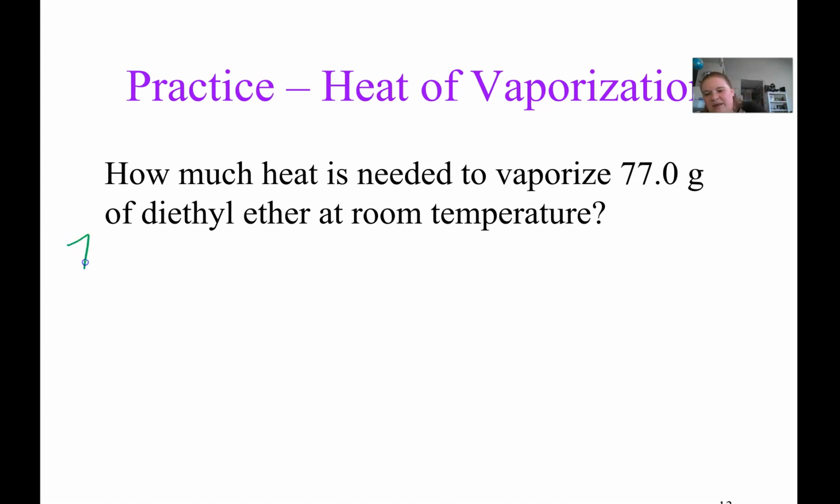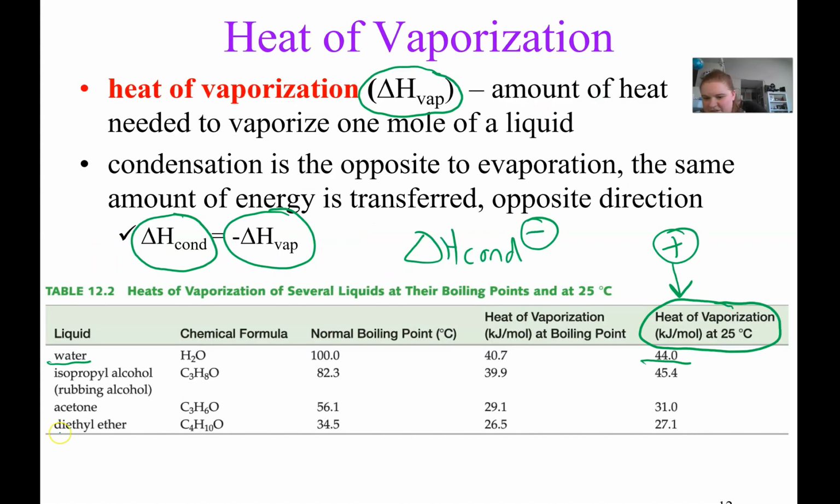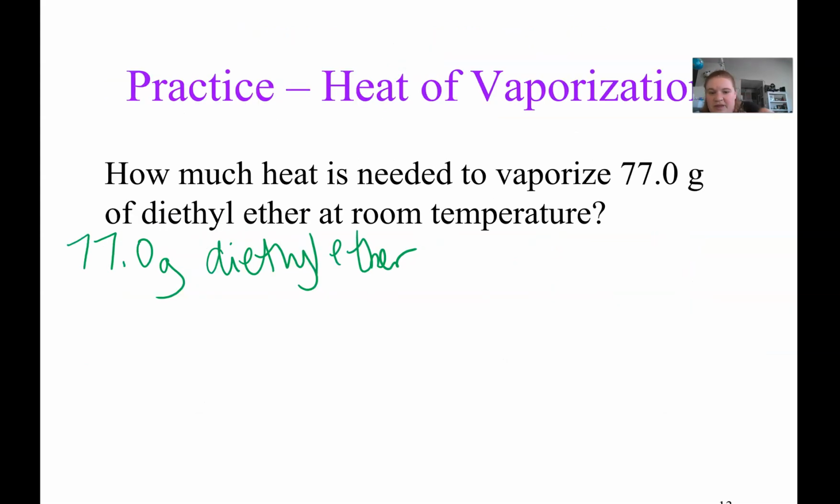So we know that we have 77 grams of diethyl ether. So I'm going to go back to that table to get some more information. And here's my diethyl ether in that last row. And so I know that the formula is C4H10O. And the other thing that my problem over here tells me is that we want to know how much